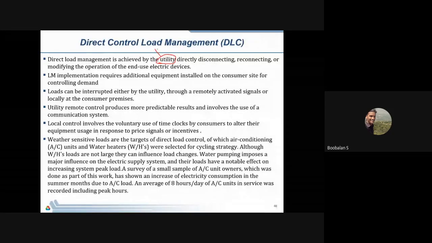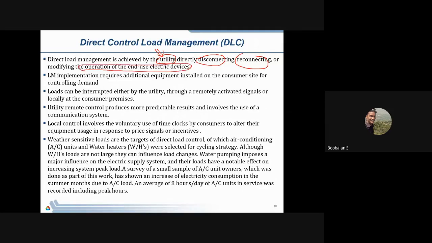See, how does peak demand get created? Many customers consume electricity at the same time, and supplying electric power at that time will be difficult. That time is called peak time. So what will they do? To reduce peak demand, definitely the customer service is going to be stopped, right? It's not a full-time stop. We stop it for a particular time period, around half an hour to 1 hour, by directly disconnecting or reconnecting your electrical appliances, right? Definitely you could modify the end electrical device, right?